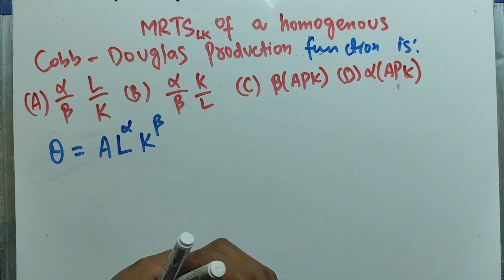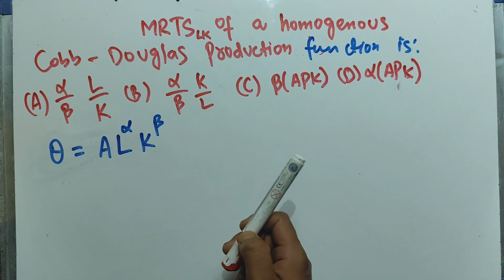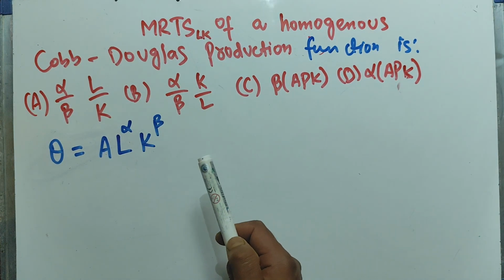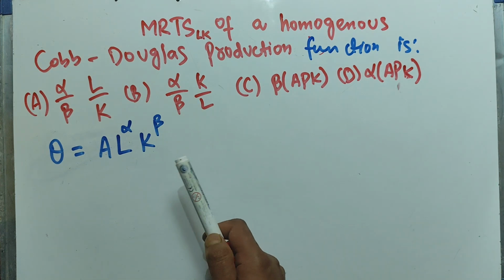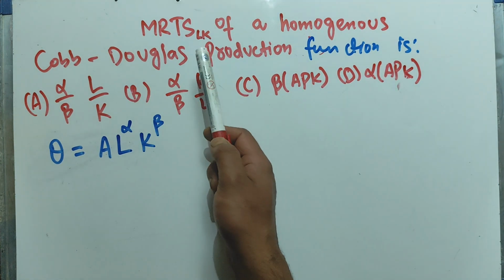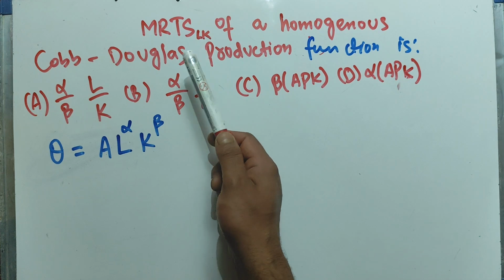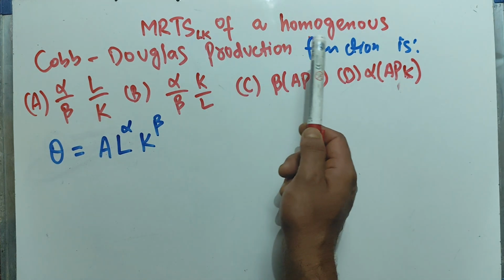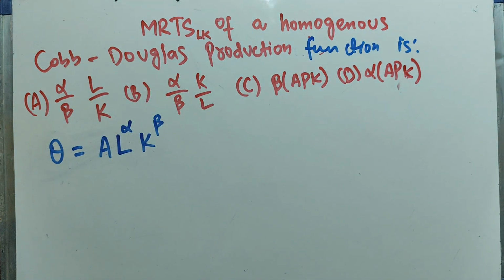Find out the marginal rate of technical substitution between labor and capital of a homogeneous Cobb-Douglas production function. The question is, we are being told to find out the MRTS of a homogeneous Cobb-Douglas production function. Options are being given. We need to find out the correct option. Okay, so we write our